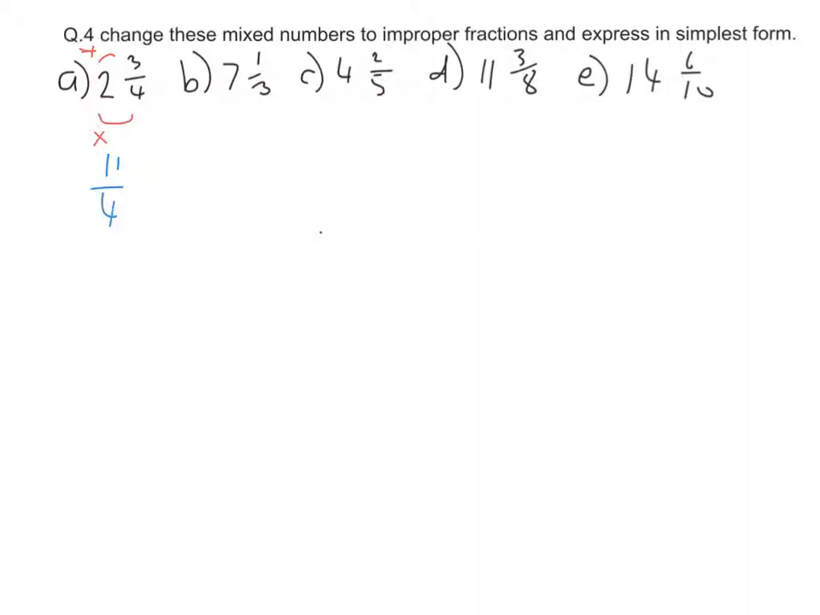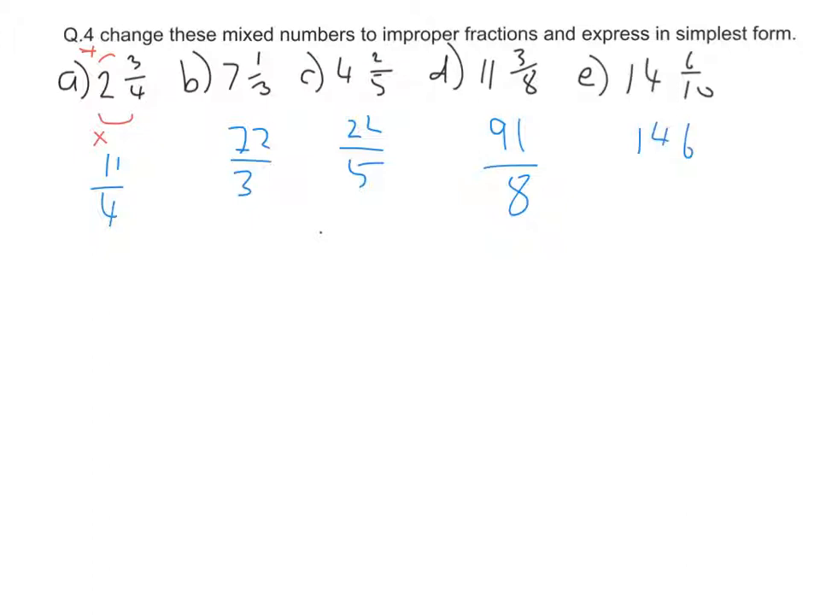Next one, 3 times 7 is 21, plus 1, 22 over 3. Next one, 5 times 4 is 20, plus 2 is 22, so 22 over 5. Next one, 8 multiplied by 11 is 88, plus 3, 91 over 8. Next one, 10 multiplied by 14 is 140, plus 6 is